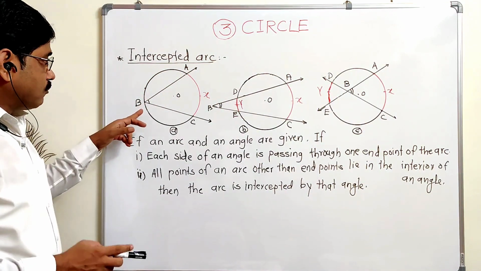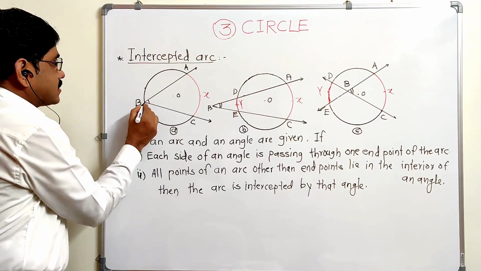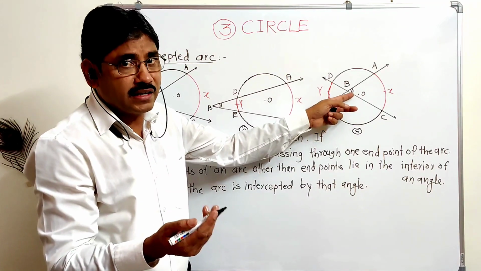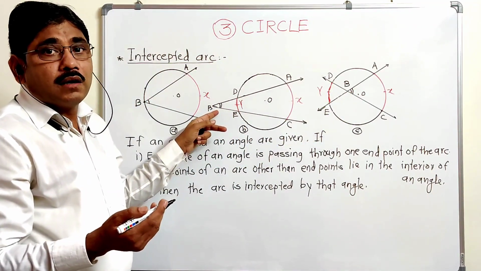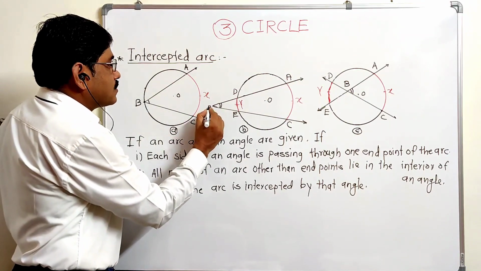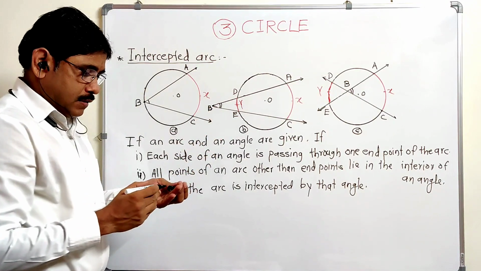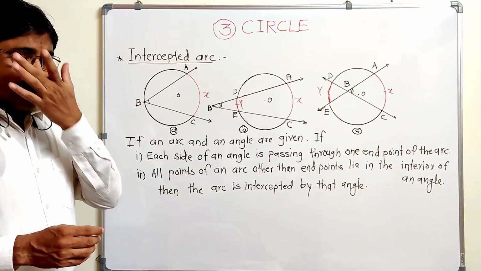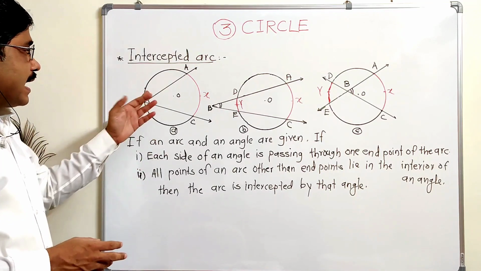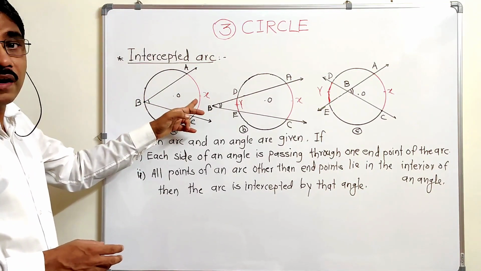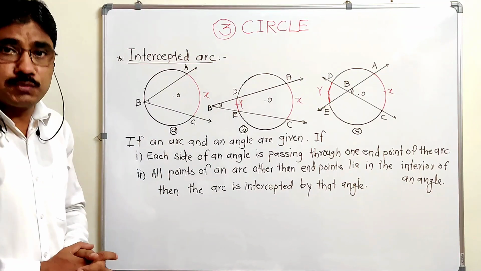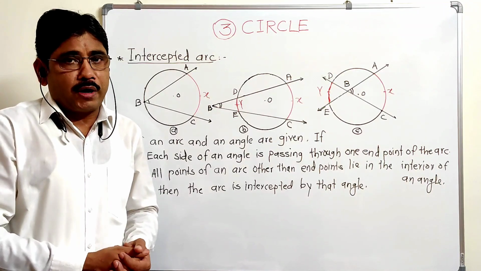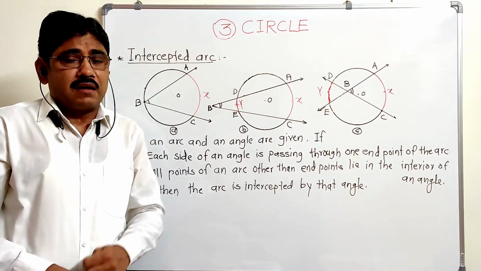So remember, what is the difference in the three figures? Here the vertex is on the circle, here the vertex is in the interior of the circle, and here the vertex is in the exterior of the circle. B is the vertex of that angle. Depending upon the position of the vertex, there are relations between the measure of angle ABC and the measure of arc AXC that are not given in the textbook, but we have to use those relations while solving practice set 3.4. According to me, three sums are based on these relations.